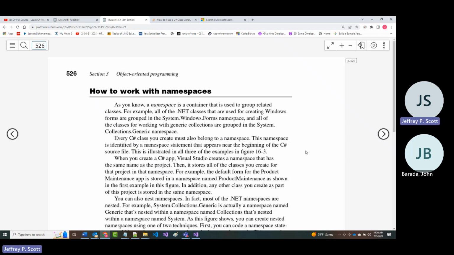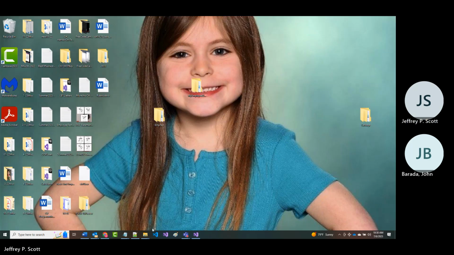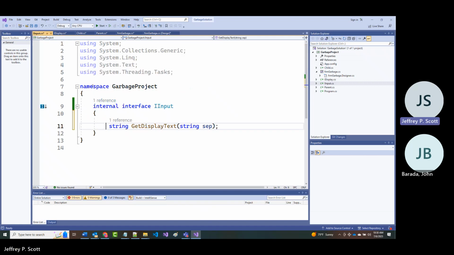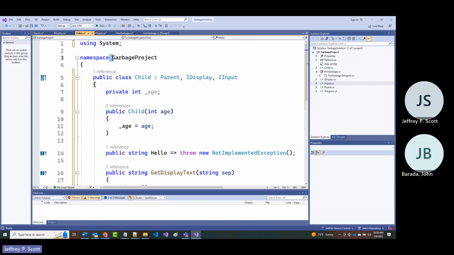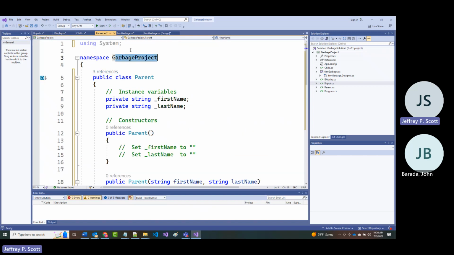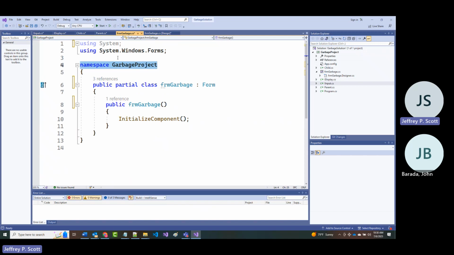All right. Now you may or may not have noticed this, but if we take a look here, go back to here. This says namespace garbage project. If I go to here, namespace garbage project. If I go to here, same thing.